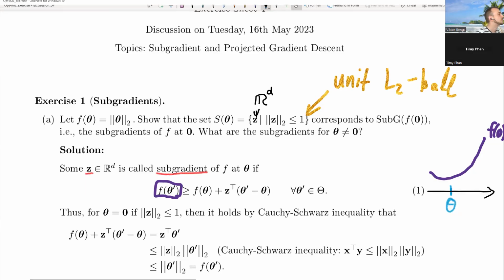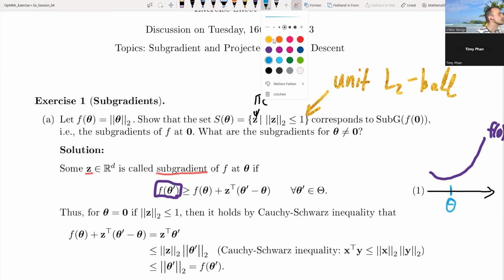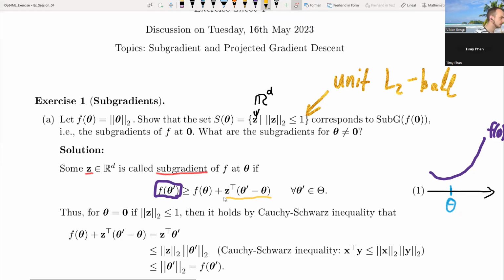Then the subgradient property is telling us that when we look at this linear function in theta prime, you see it's linear in theta prime, theta is fixed,